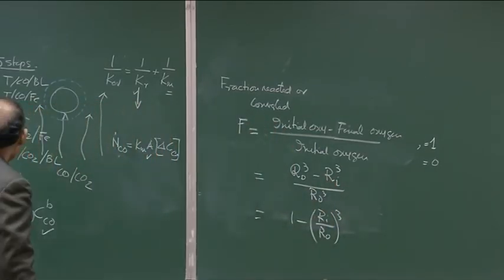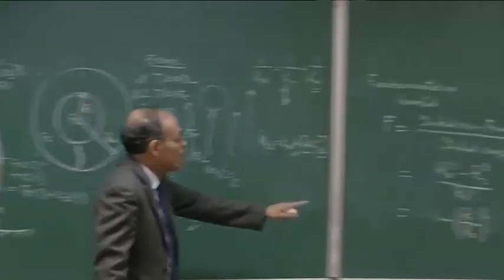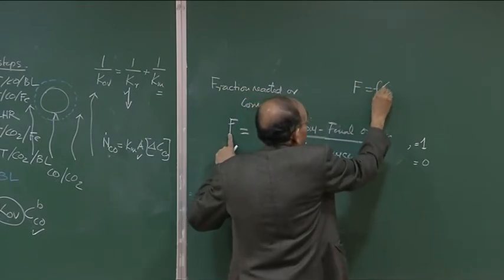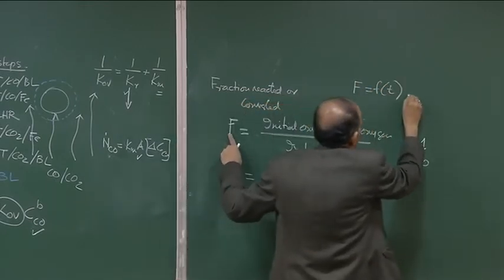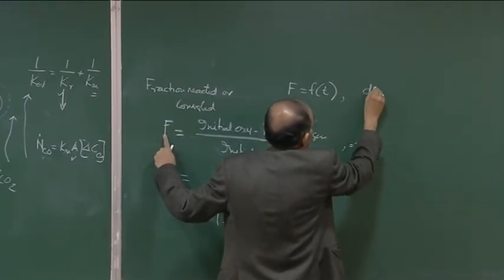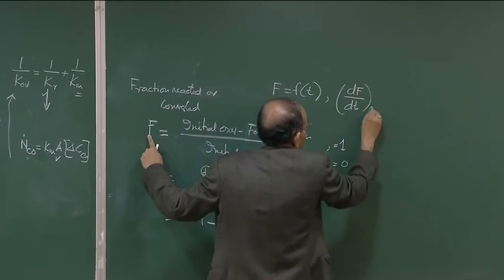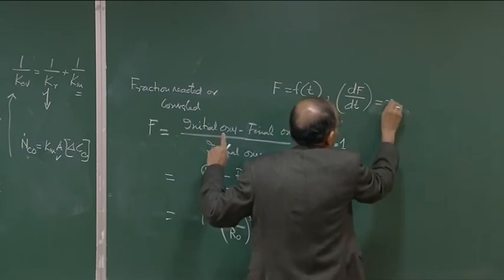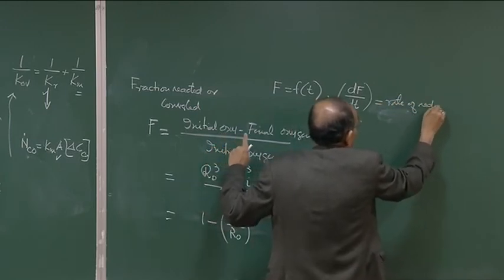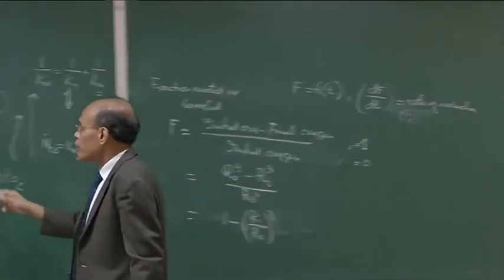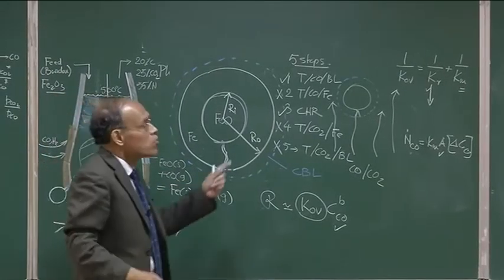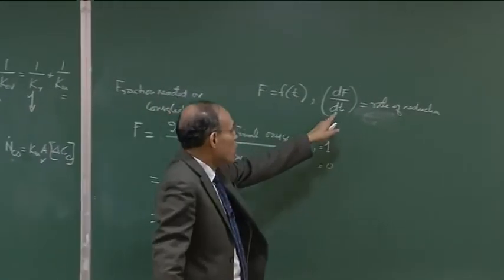We must understand that Ri is changing as a function of time. So, therefore, f is also a function of time, and if you say the rate of change df over dt, that represents the rate of reduction. It is a measure of rate of reduction. You can understand that the faster the movement of this interface, the more the reduction efficiency. Okay? So, the reduction efficiency can be calculated based on